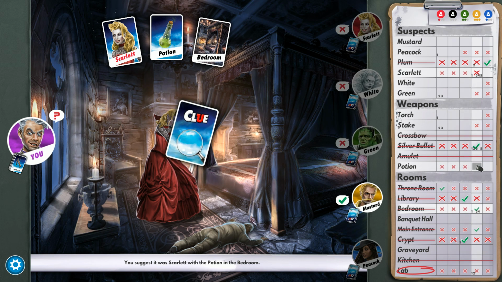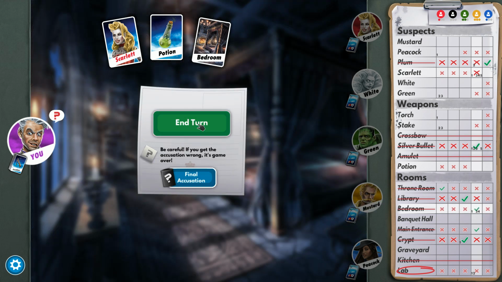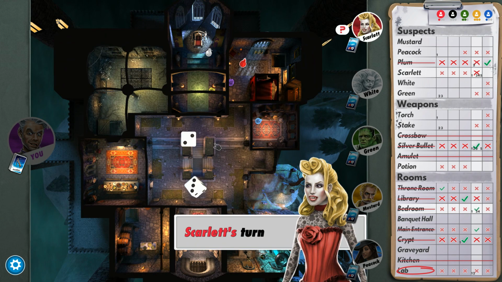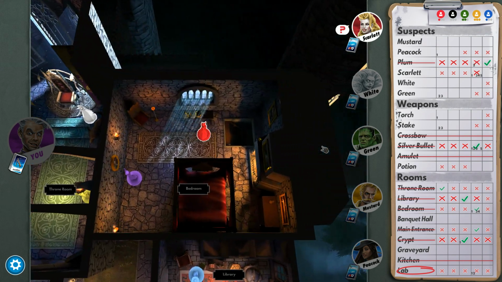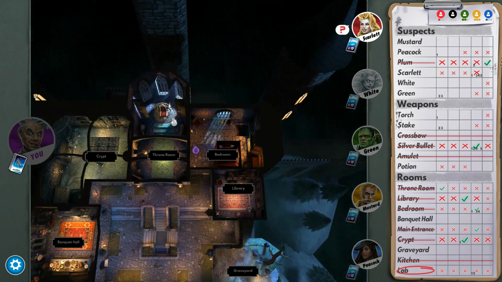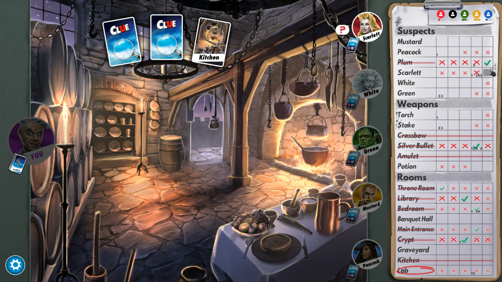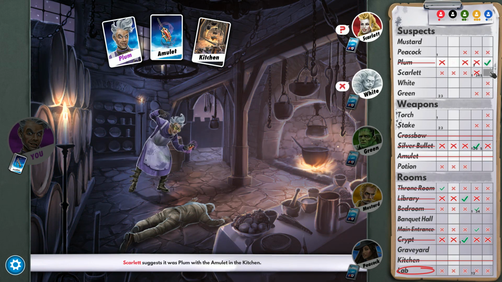Alright, so there's a good possibility that the potion is our murder weapon, based on the numbers that I'm seeing here. Again, it's not 100%. The way the cards are dealt, to figure out if Peacock has Scarlet or not, either someone else has to guess Scarlet and Peacock has to pass, or...